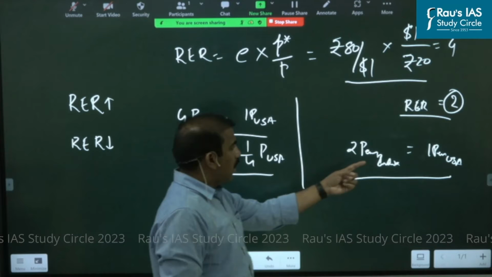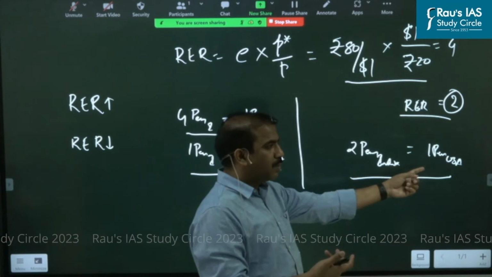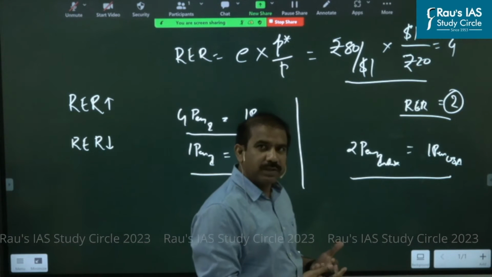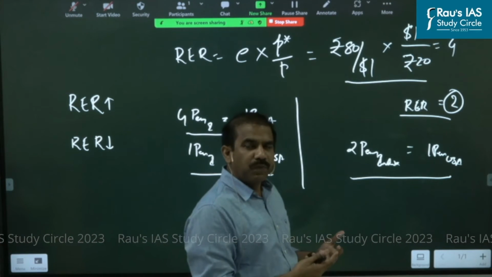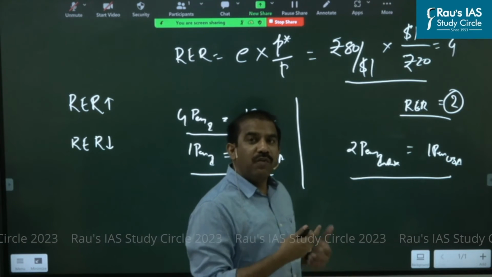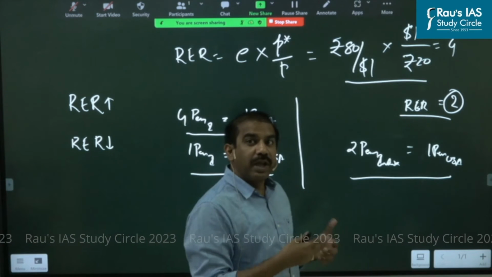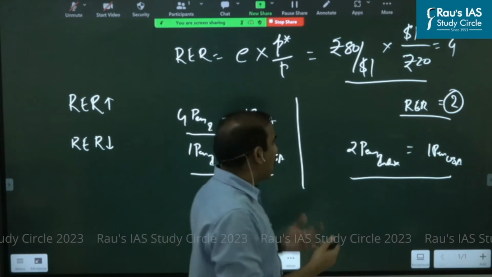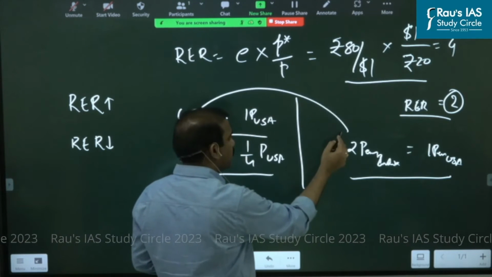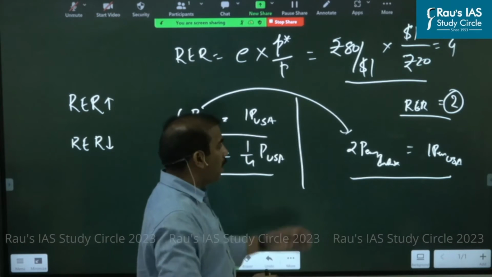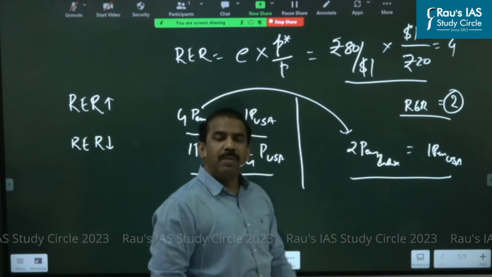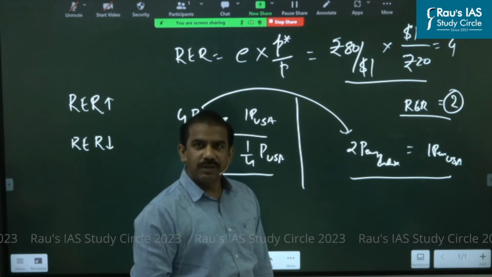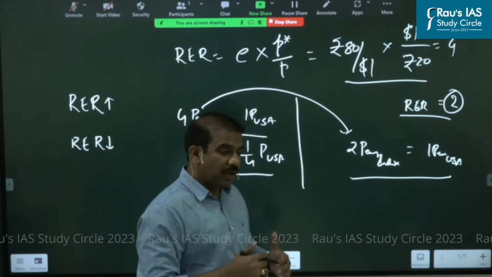But now, for every 1 basket of American goods, I am willing to exchange only 2 baskets. So now you tell me, what happens to the value of my basket of goods and services expressed in terms of foreign basket? Don't you think it experienced a rise? Am I right? Isn't it? So I am expecting more of American goods for every 1 basket of my Indian goods. Isn't it? So that's where I say my real exchange rate